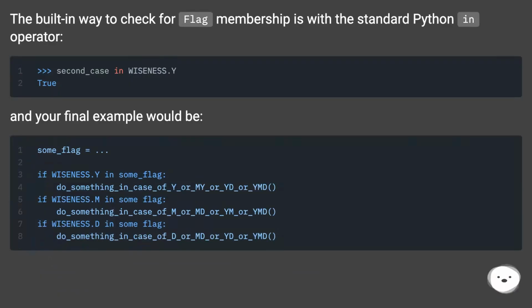The built-in way to check for flag membership is with the standard Python in operator. And your final example would be